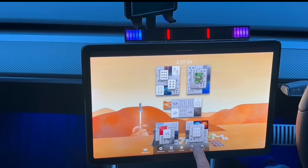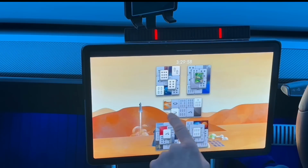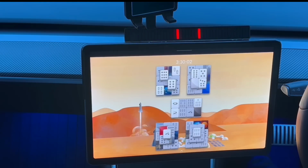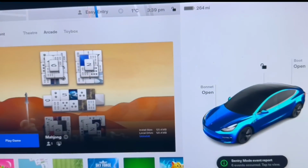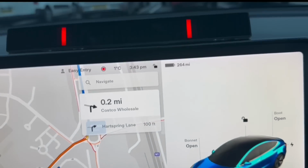Right, so look, if you press hint, it tells you those two, so you can do that. So let's do the last one. And that's it. Very relaxing game. You've got a time limit there, so that's great. All bits of fun. Moving on. And to remove the Mahjong, to get back, you just slide it from the top. Like this, just here, and then you're back to where you were, and then get rid of that as well, and then we go back into